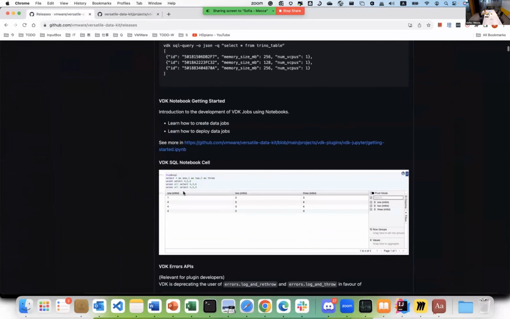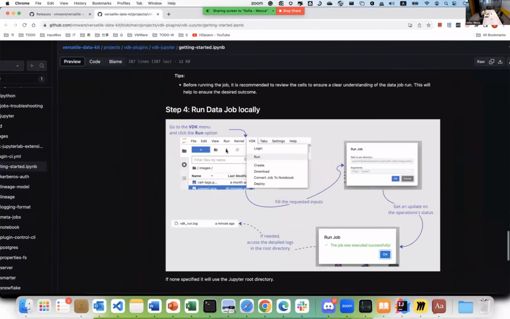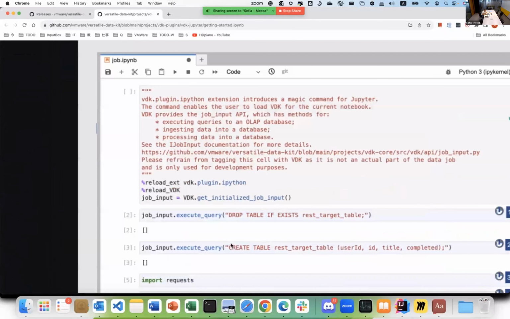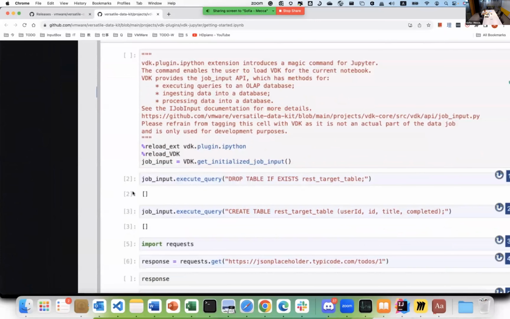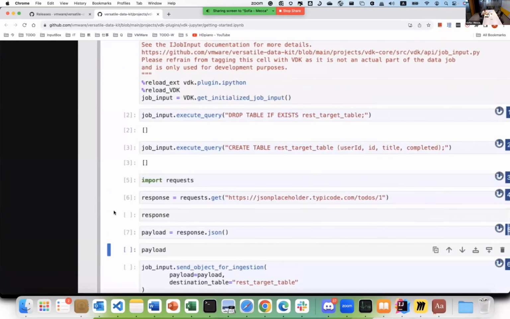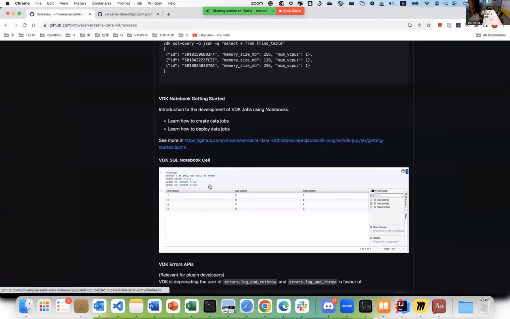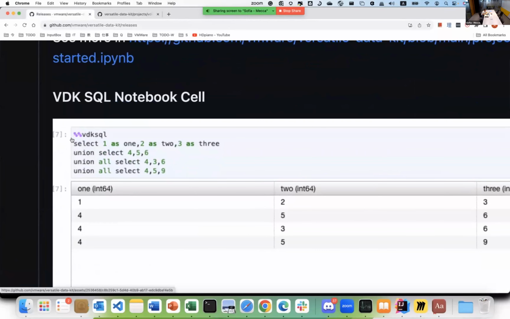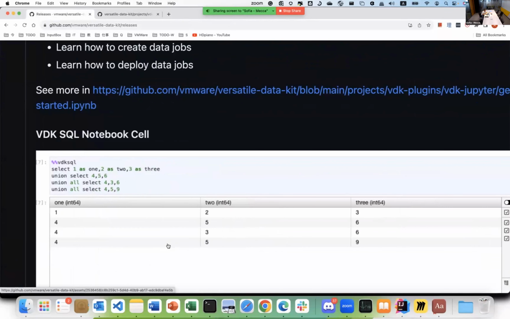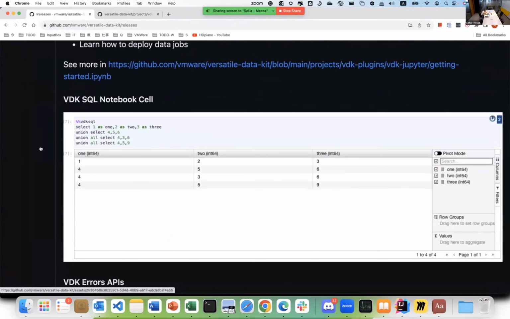The other improvement is that until now, the way you execute SQL queries in a notebook, for example, was using this Kubernetes-style job input execute query, and the output was shown like this, which was not very user-friendly and easy to do. With VDK SQL Notebook cells, now all you need to do is just type %% VDK SQL, and then you just enter your SQL statement or SQL query, and the output is exposed as a widget, which